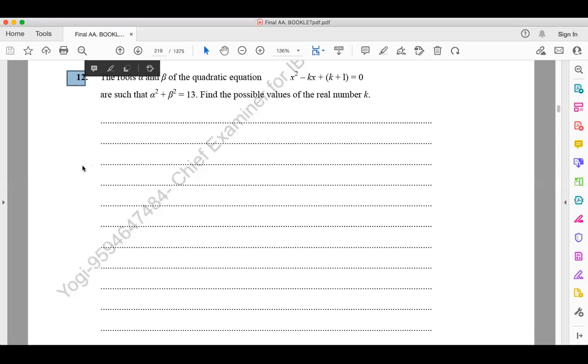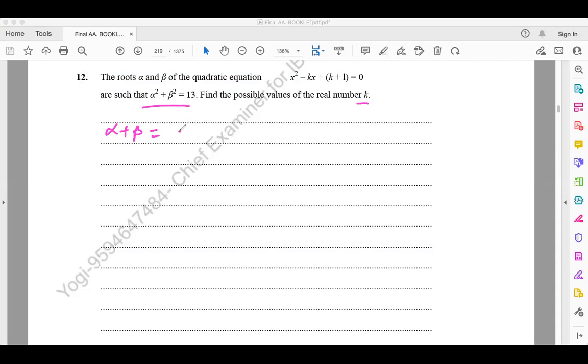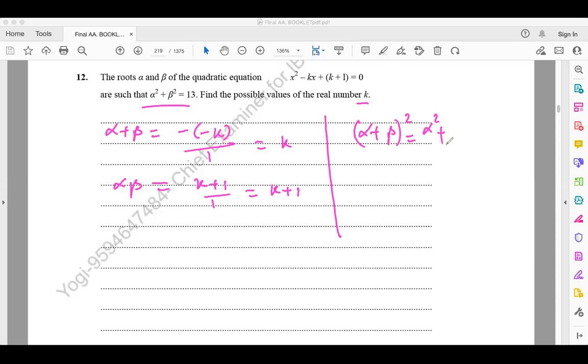So in this question, we have the quadratic x squared minus kx plus k plus 1, where it is given that the sum of the squares of the roots is 13. You have to find the value of k. Firstly, the sum of the roots is minus b over a, which is minus minus k upon 1, so it is k, and the product of the roots is c over a, which is k plus 1 upon 1, so it is k plus 1. Now, if you just apply the formula, we have alpha plus beta the whole squared is alpha squared